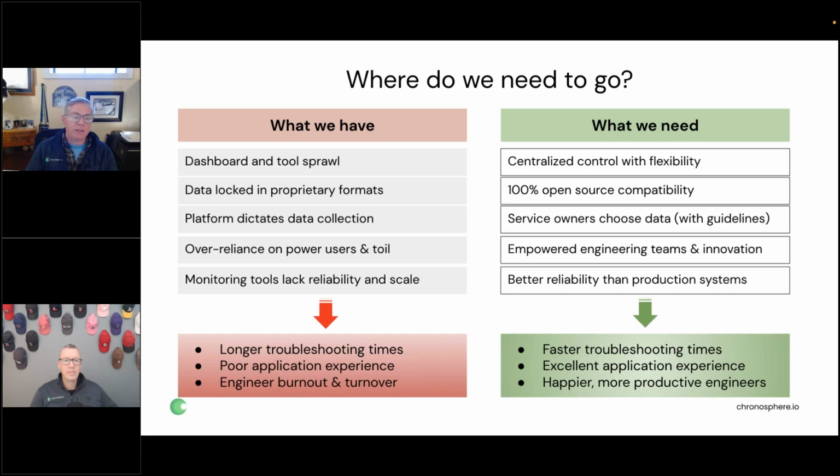So what we really need is still some centralized control, but with the flexibility for the teams to do what they need, and to put some guardrails around it. Open source compatibility is also huge in moving to this new world. This is the future, and this is what we want. It gives service owners the ability to choose the data they want to collect, but with guidelines from a central observability team to put proper governance around it, and tools that can shape that data and help you capture and store the most important data and not all the noise that comes with it. That way you're empowering engineering teams to do more, to get out of the troubleshooting chase